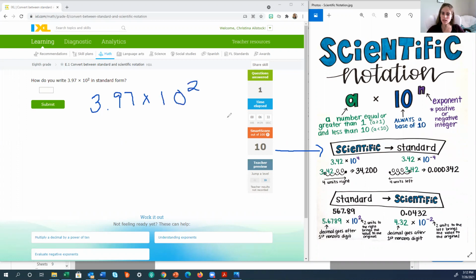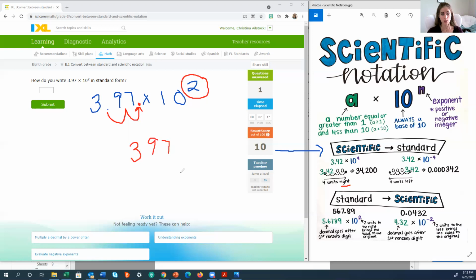Okay. If I am converting, that means I'm not counting to see how many times I need to move the decimal point. I am looking at my exponent to tell me how many spaces. Well, my exponent is a positive 2, which means it needs to be a larger number. And in order to make it a larger number, we need to move 2 units to the right. So our decimal point's here. We're going to move it 1, 2 units to the right,